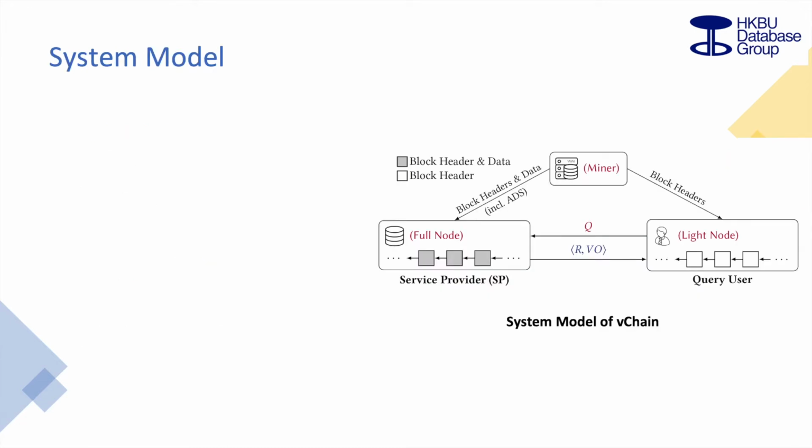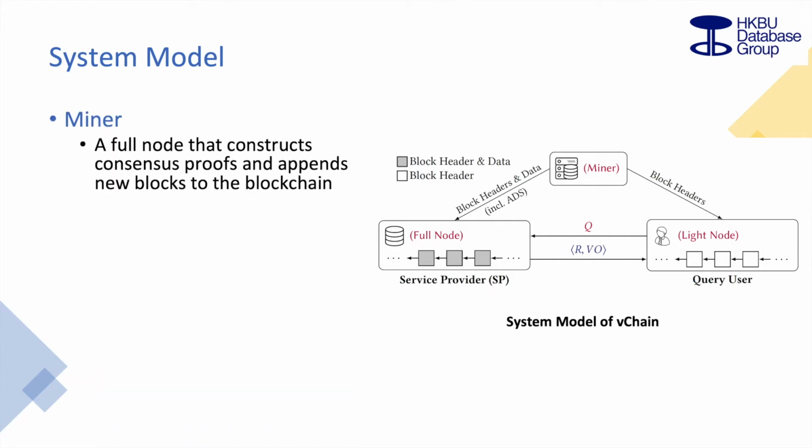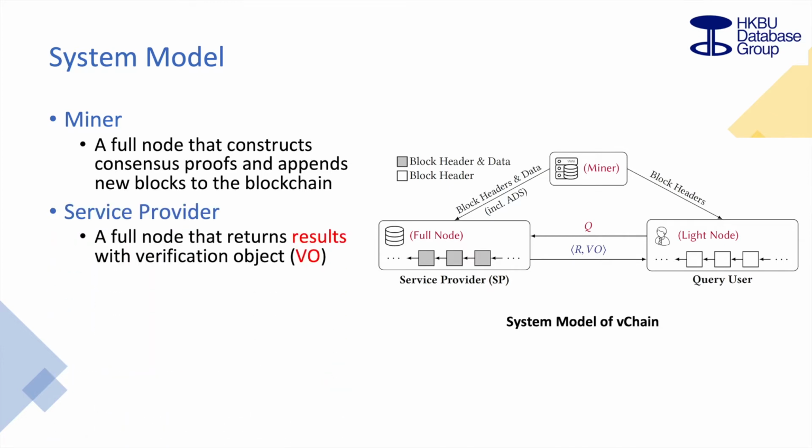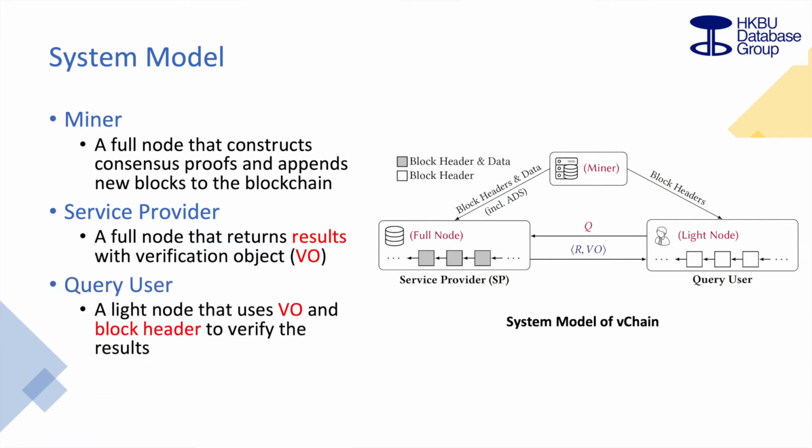To solve the problem mentioned before, we developed vChain system. Here is the system model of vChain. There are three parties in vChain system. Miner is a full node which constructs consensus proofs and appends new blocks to the blockchain. Service provider is a full node. When a user outsources a query to the service provider, it will return the results with verification object to the user. Query user is a light node, which uses the VO and block header to verify the integrity of the